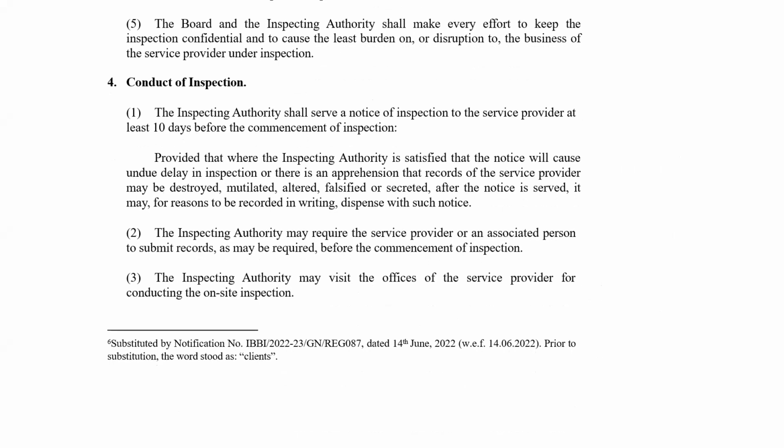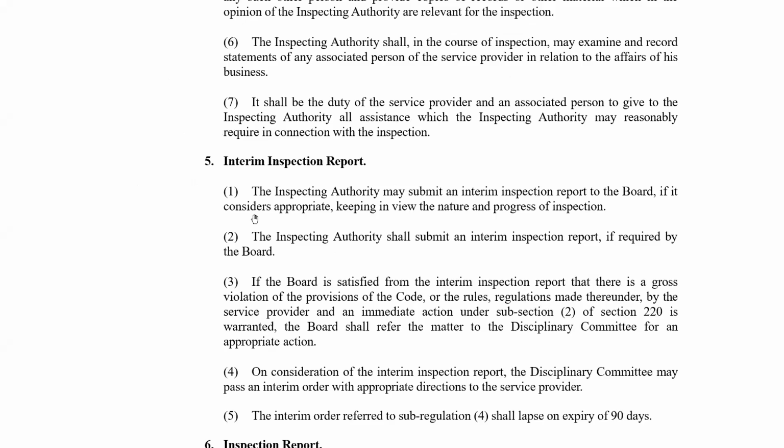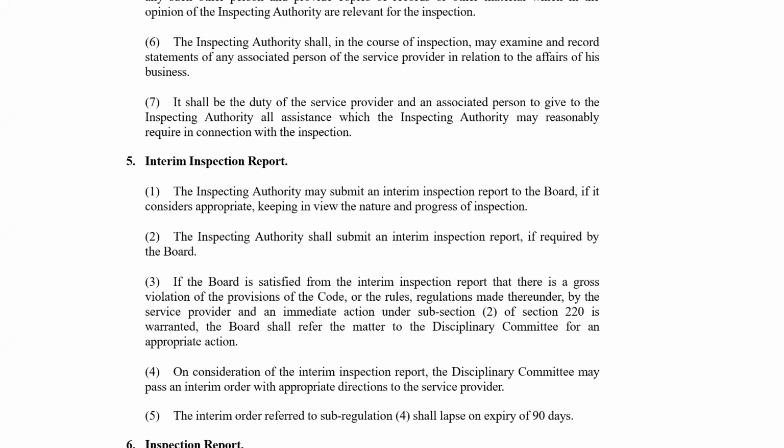The inspecting authority may require the service provider or an associated person to submit records as may be required before commencement of the inspection। The inspecting authority may visit the offices of the service provider for conducting the on-site inspection। Interim inspection report, the inspecting authority may submit an interim inspection report to the board if it considers appropriate, keeping in view the nature and progress of investigation। The inspecting authority shall submit an interim inspection report if required।